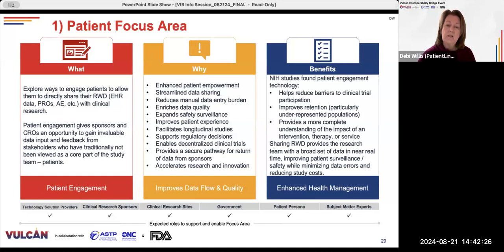Also, because the patient's data belongs to and follows the patient, the patient can consent to share their records and their outcomes over a long period of time, facilitating longitudinal studies. Patients will also be able to share their data for public health, to provide more timely alerts during a pandemic, or to report a food or a drug safety event, or they can share any other information with the public